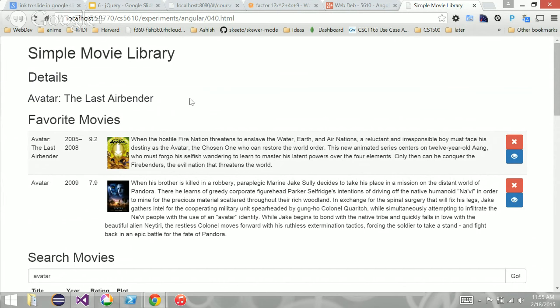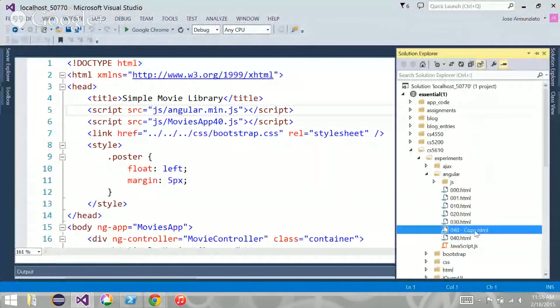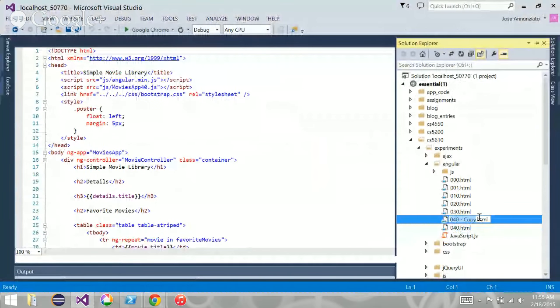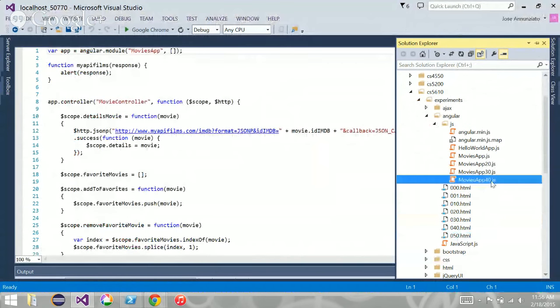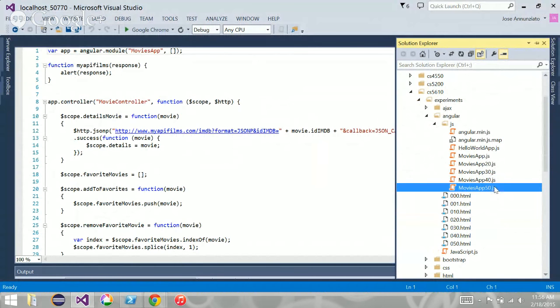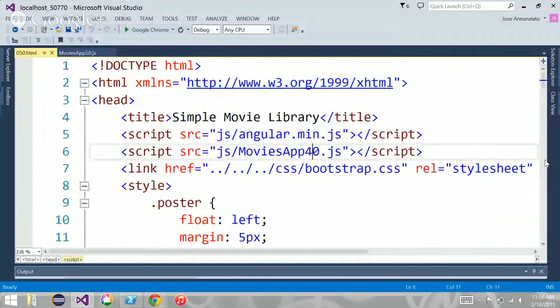All right, so let's look at a little bit about the details. Let me just copy 40, and I can stop this, and I'll rename it to be 050, and this is where I'm going to add the details. And I'm guessing there's an accompanying JavaScript. Oh, there isn't. Oh, there is. Okay, so copy, paste. And this would be 50, right? You can see that. And so let's open that up, and let's open up that. Now this is referencing the new JavaScript.